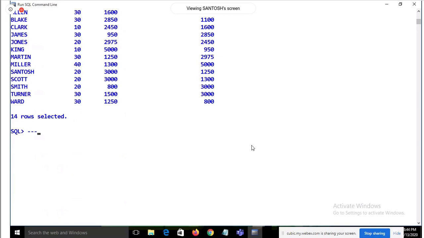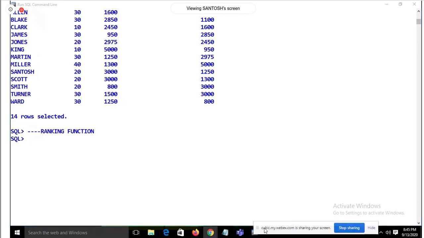Now, one important thing is there. We are having the concept of ranking function. Ranking function simply gives me the rank. Rank number 1, rank 2, rank 3. What exactly is the ranking function?